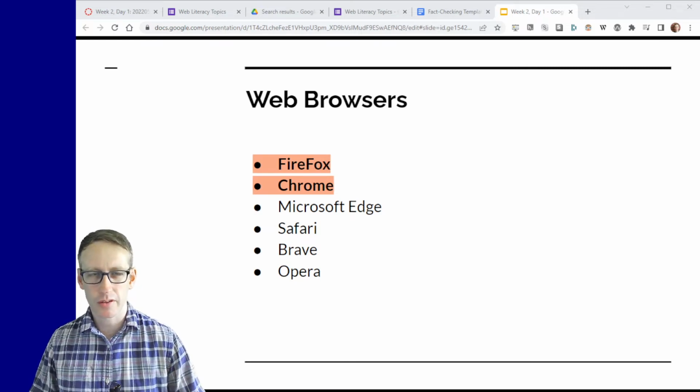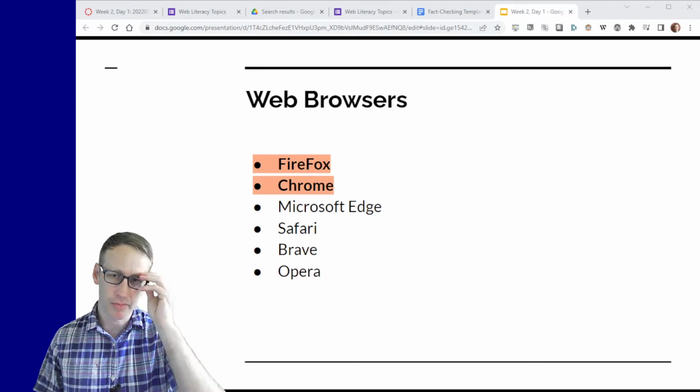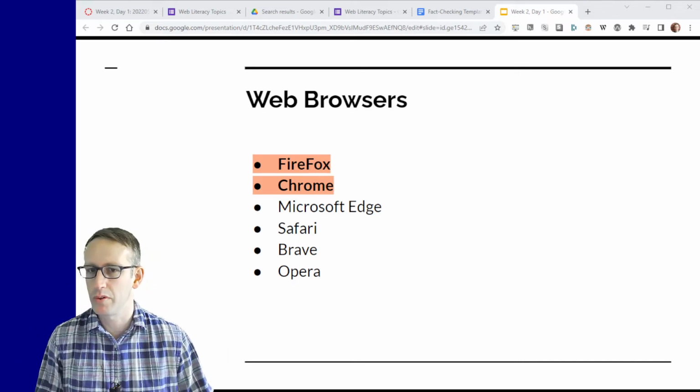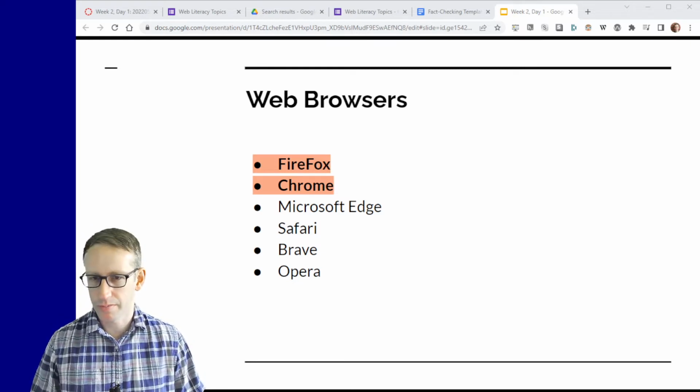So in other words, there are other tools in the web browser that you may not use that regularly, but that are pretty useful. I like the ones in Chrome, or at least I'm used to the ones in Chrome, so I'm going to show you how to do stuff with that one. But between the two, I really like Firefox and Chrome.